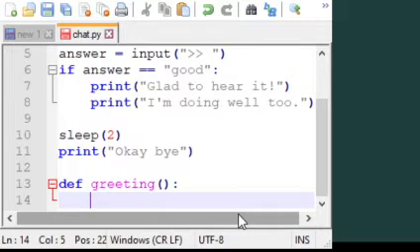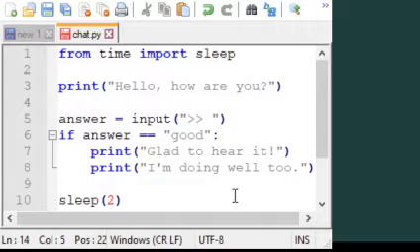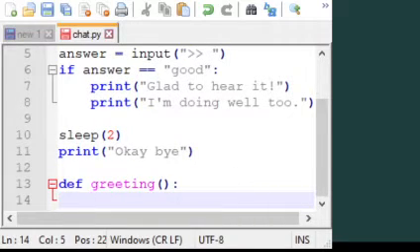And remember, just like with the if statement, that tells Python that this is a block belonging to the previous statement, like a block of code. Okay, so greeting is going to have